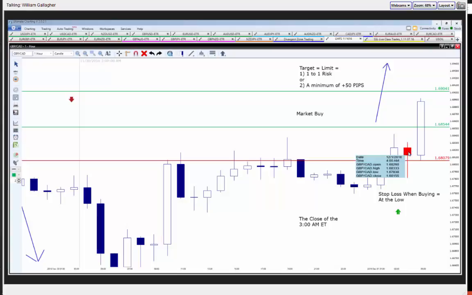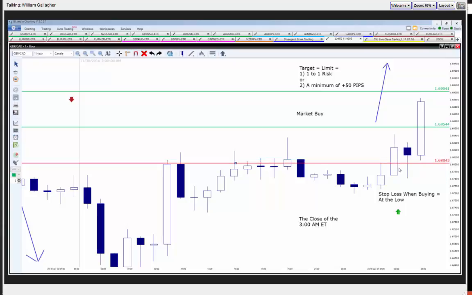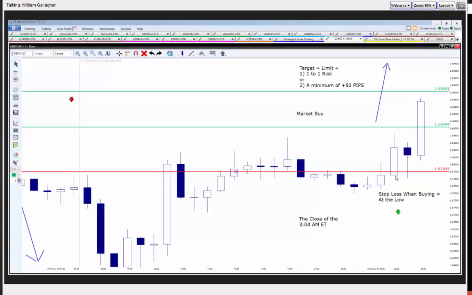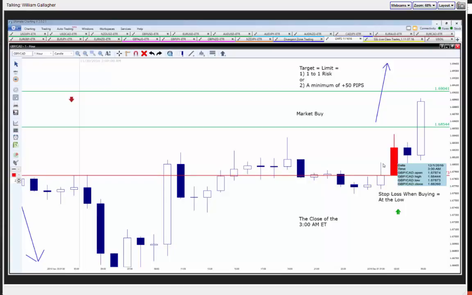We're ready to go. In fact, actually, hold on one second here. Oh, there's our 3 o'clock candle. So actually, the stop loss is going to go right there. I'm glad I double-checked this here. I was a little bit in a hurry. So there's our 3 o'clock a.m. candle. Stop losses go at the low of that 3 a.m. candle. So in this case right here,